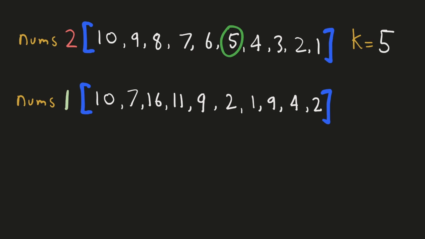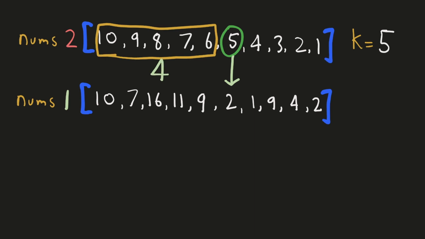Now let's take a look when we choose this to be the minimum of the subsequence. And corresponding to it, we'll have to choose this number from our first array. Since we have already chosen one element, we now have to choose 4 other elements which are at least 5 for 5 to be the minimum of the subsequence. So we have these 5 elements available, out of which we can choose any 4 to give us the maximum